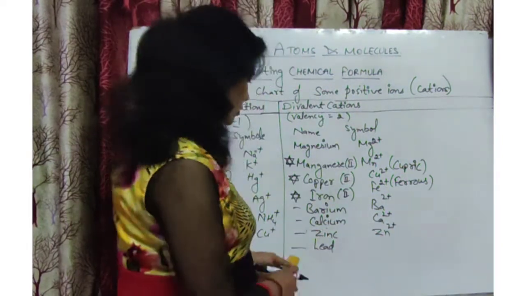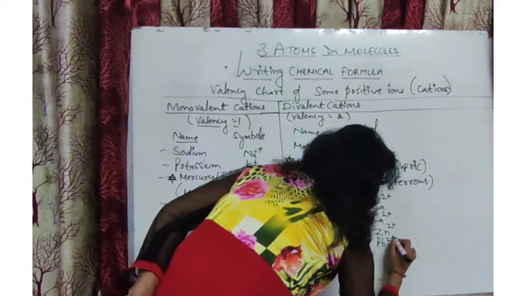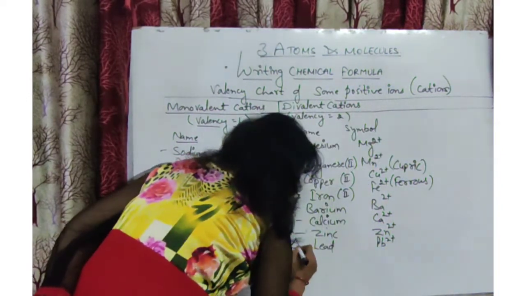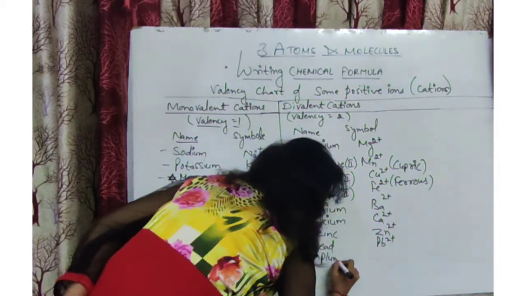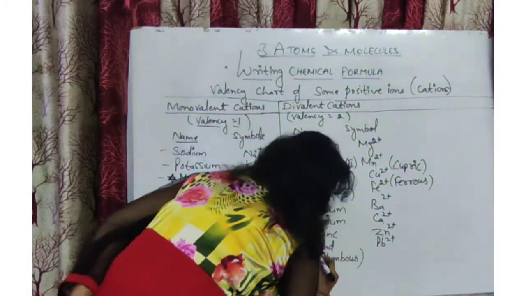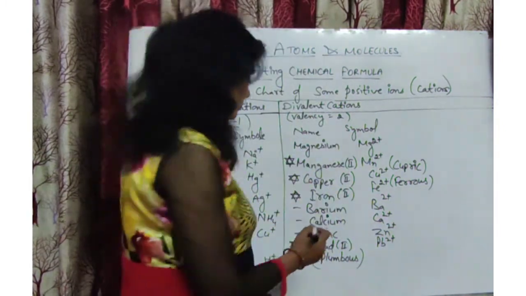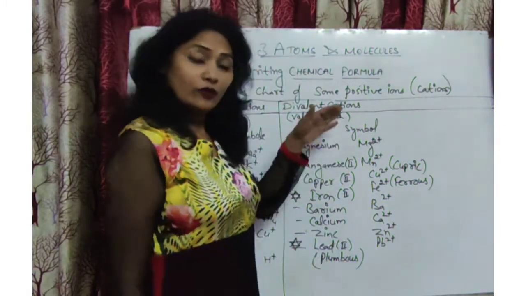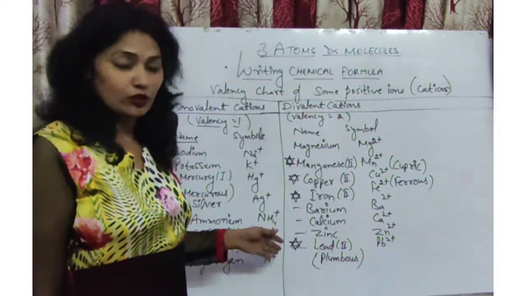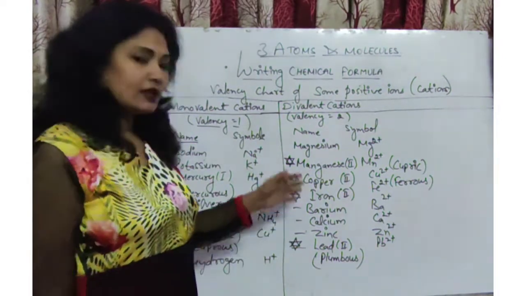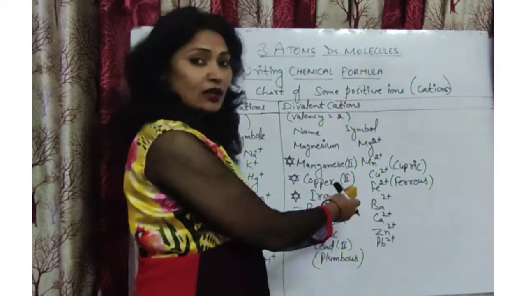Okay, let us write the another lead, Pb2 positive. Here lead has variable valency 2 and 4. So 2 is known as plumbous. Okay, and we will write here in Roman number 2. And if you are not able to write it, please pause the video and write it. Then we will do the next or remaining divalent